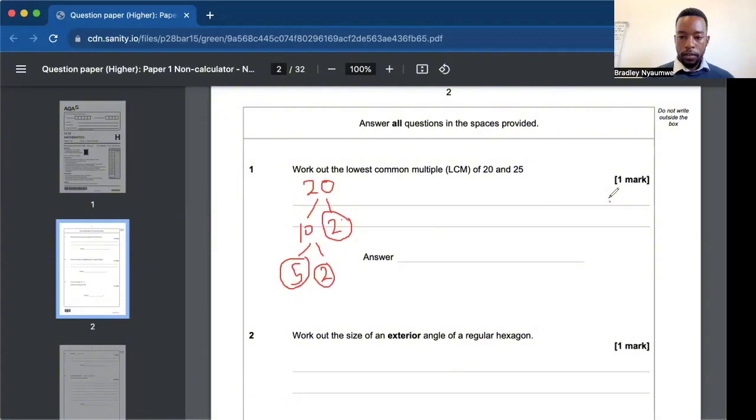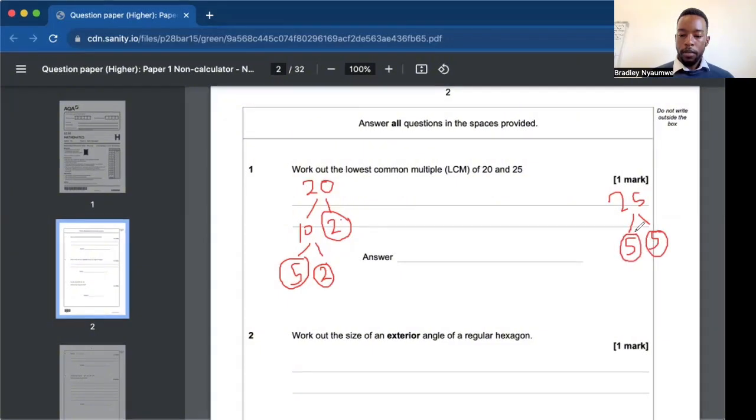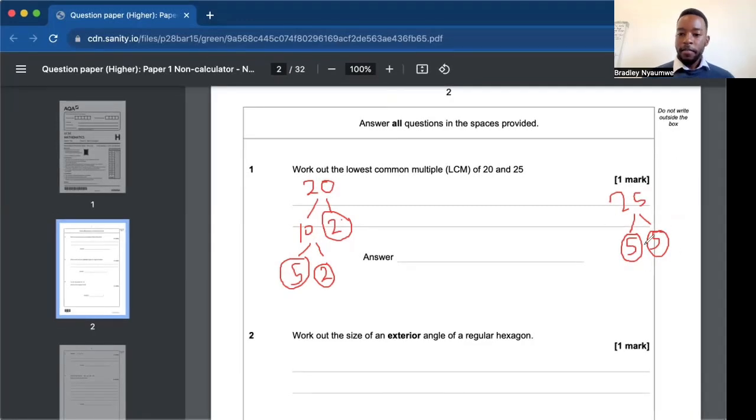Again, same for 25. So into 25, we have 5 times 5, both prime numbers. Yeah, I've made a bad example of myself. Obviously, you're not supposed to write outside the box in the exam, but let's just leave it for now. Just pretend that this is inside the box, okay? I won't tell anyone if you don't, okay? Anyway,